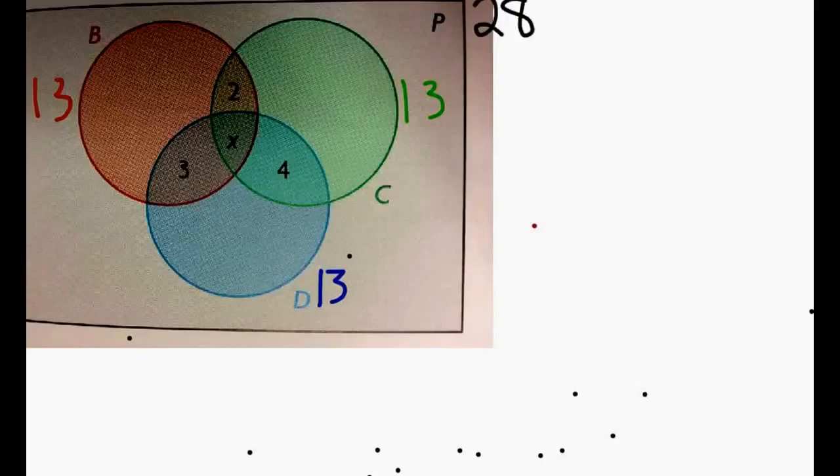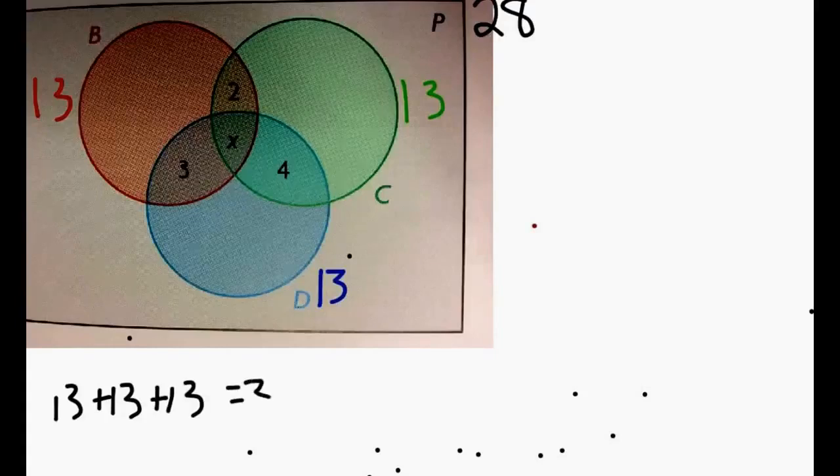Okay, so let's show the shortcut instead of using that complicated formula. So the shortcut, what we want to do is, we know that there's 13 of each. So if we add up all of our total circles, 13 plus 13 plus 13 gives us 39, right? We know that we have 13 in each circle, so that gives us 39. But we also know that there's only 28 people